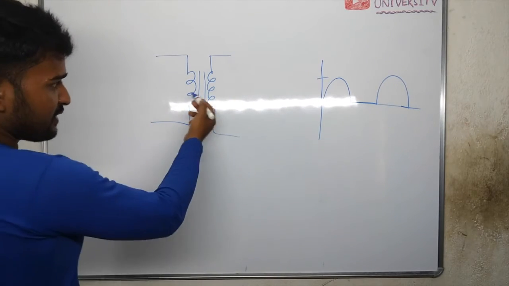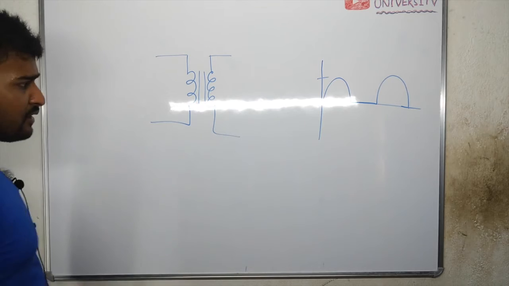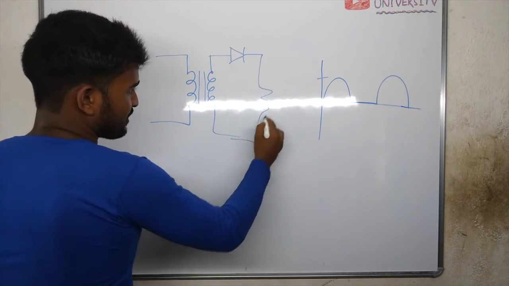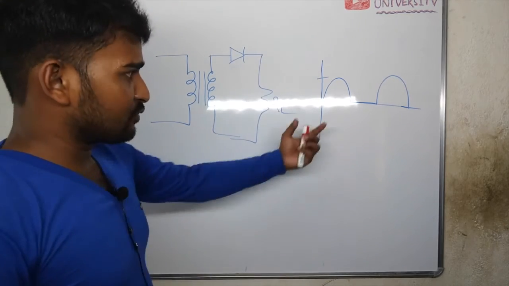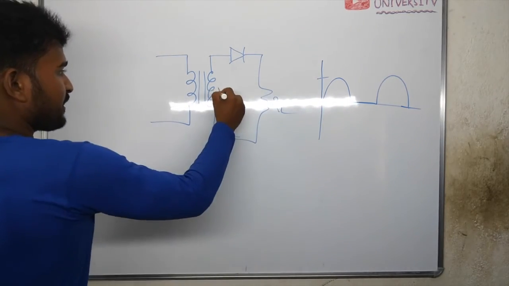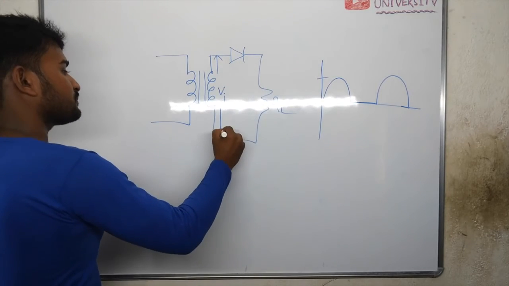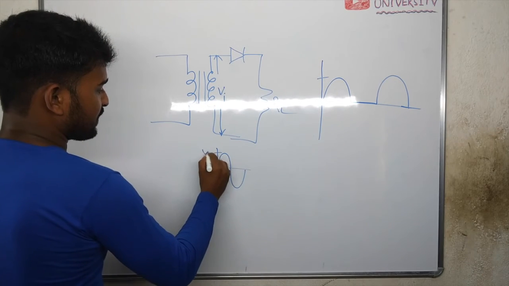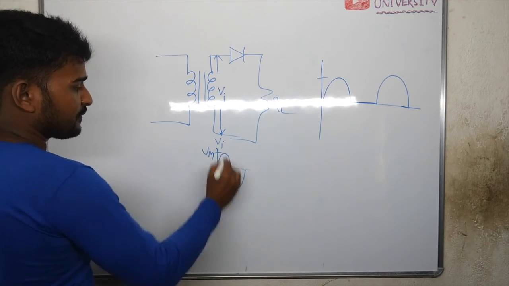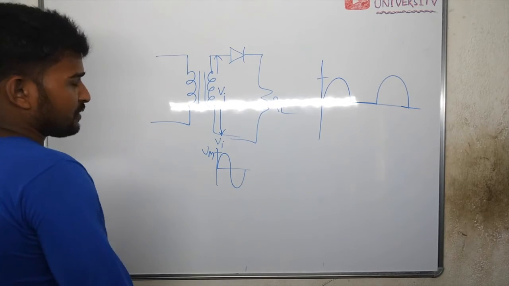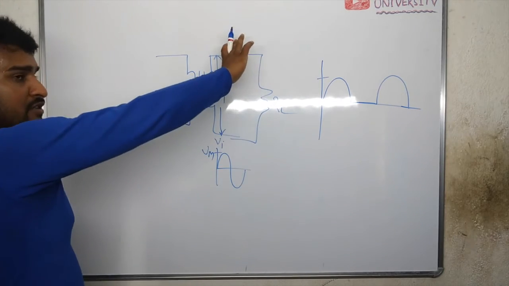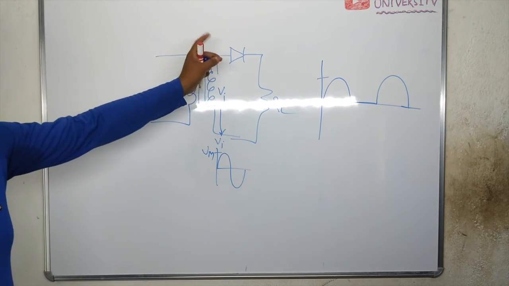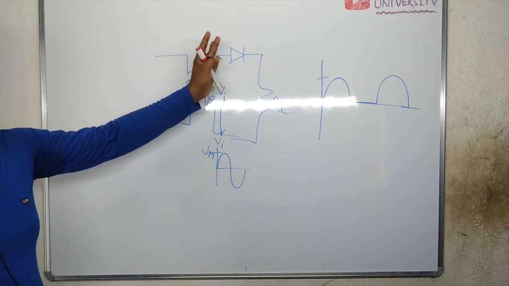The number of turns on the primary side is greater than the number of turns in the secondary winding. This is your diode, this is your load resistance RL, and this is the output obtained when VA is positive. This is your VA, which is Vm sin alpha, and the peak value is Vm. Now it is given to ignore the diode drop, which means you need to consider this diode to be short circuited